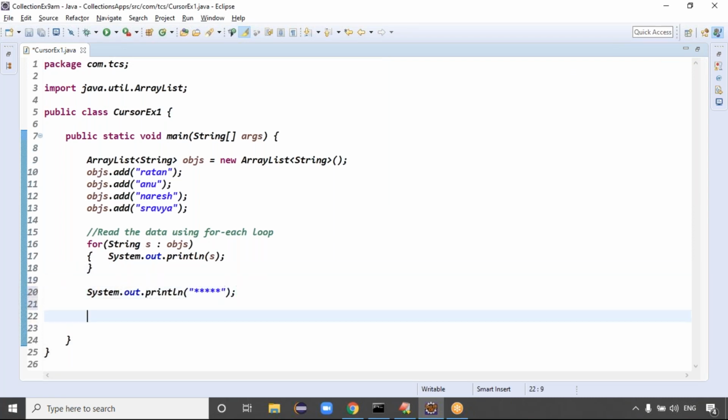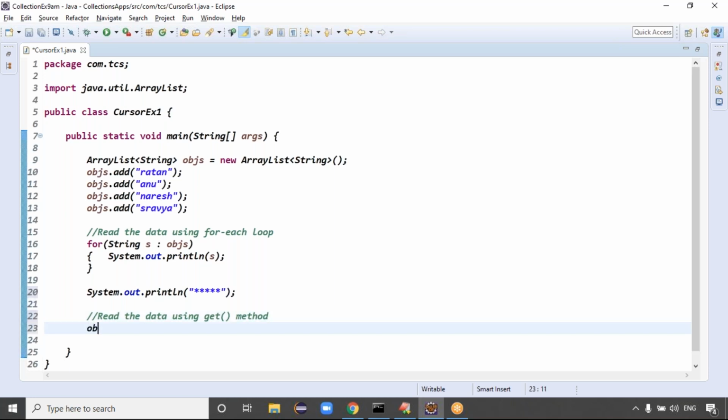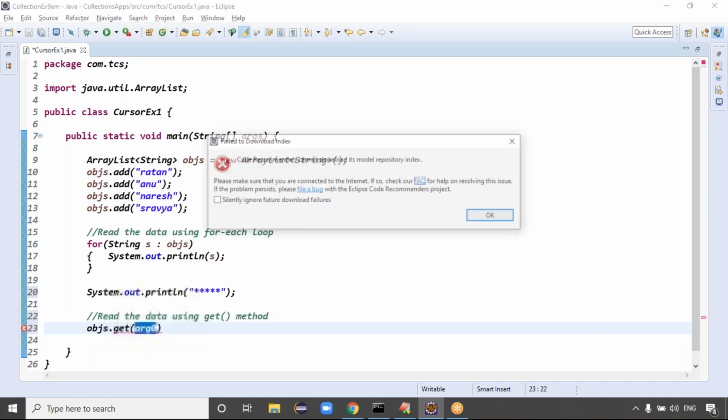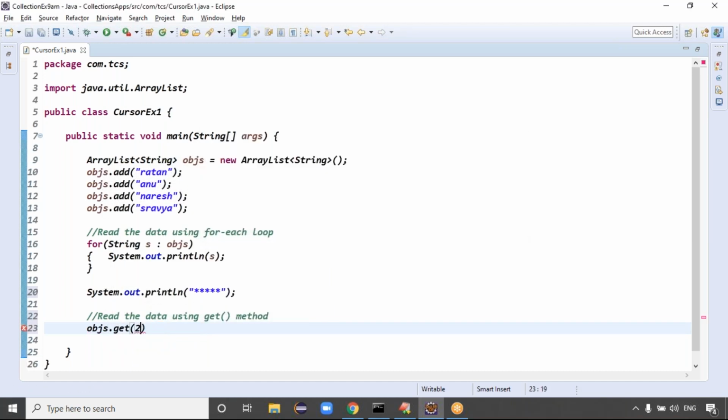And the second approach. What is the second approach? Tell me, which method do we use to read the data here? The get method, right? Objs dot get, and give the index. If I give the second index, then we will get the second value. Since it's a generic version, I need no type conversion here.